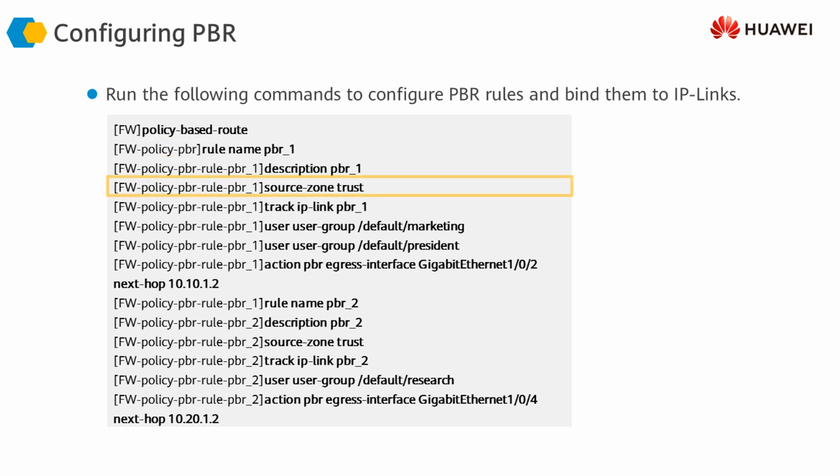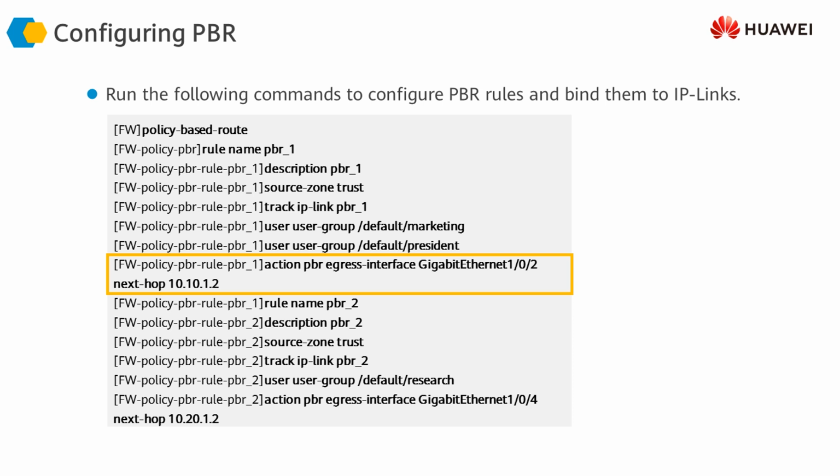First, let's take a look at rule name PBR1. We give it a description. The source zone is trust. The track IP link is PBR1, which we configured in the last slide. This is the IP link which we configured previously. Then the two user groups which we want to allow using this policy rule, rule number 1, are the user group marketing and the user group president, for the president office and marketing office. And the action is policy based routing, egress interface GigabitEthernet 1/0/2, and the next hop is 10.10.1.2, which